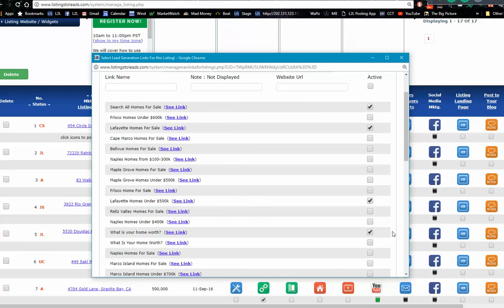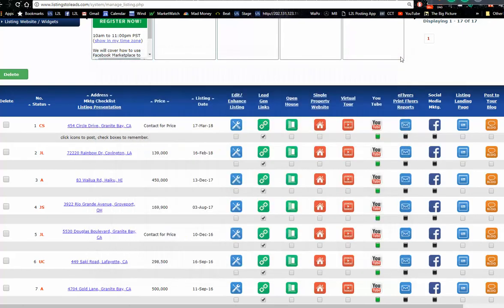But then based on where this property is, maybe the home is for sale in Lafayette, or maybe the home is for sale in Danville. These are different price points in those towns, and they're different towns, right? They're different neighborhoods in it. So you might want links that speak to that particular listing. Conversely, you don't have to use links. And so if people want the home,